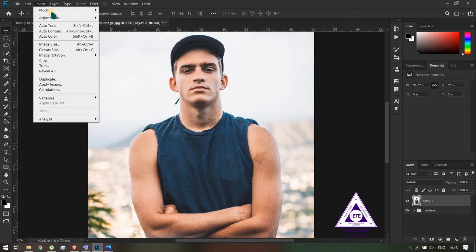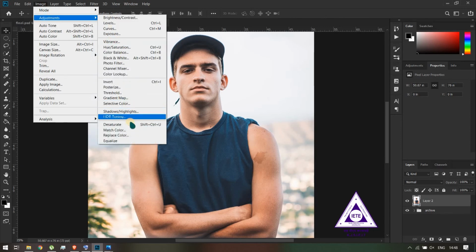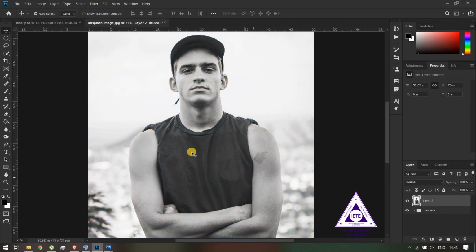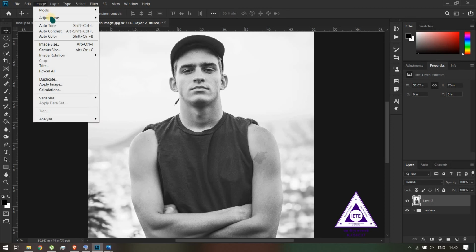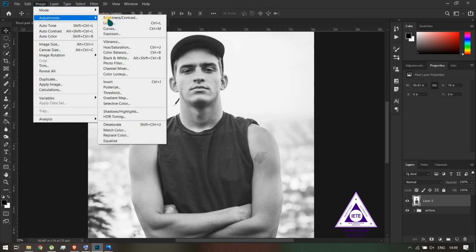So I'll select the layer, go to image, adjustments, and desaturate it. It will remove any kind of color that's present in the photo and make it black and white. And now to increase the contrast, I can use either of the two adjustment layers, which is the levels or the curves.